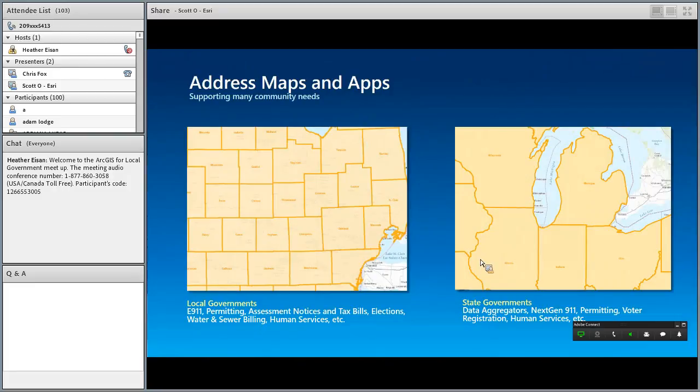So today we're going to talk about the address maps and apps, and as many of you know, addresses are a fundamental information element that's managed at the local level, and it's used in a whole variety of key workflows like 911, permitting, your assessment and taxation workflows, water and sewer billing, and other types of activities. Some could say that parcels and addresses are the two fundamental building blocks for most information managed